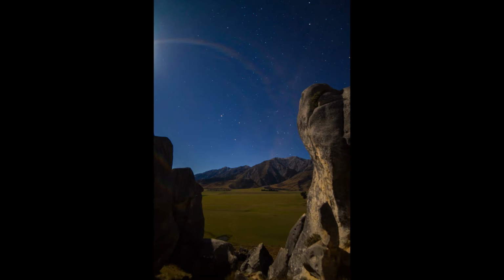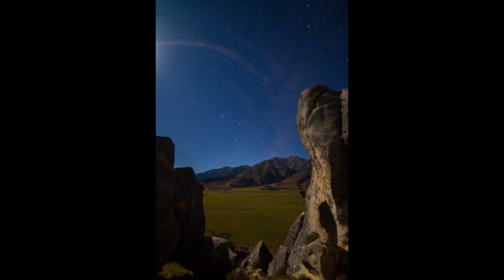So I took that shot at 10 seconds, f2.8, ISO 800, and you can see there's that aggressive lens flare coming off the moon just to the left, but it's quite cool looking down the middle of this valley here. Might have to find some other way of trying to get the scale, but I might get a little higher up to my right and climb up a little bit higher on these tors and see if there's anything I